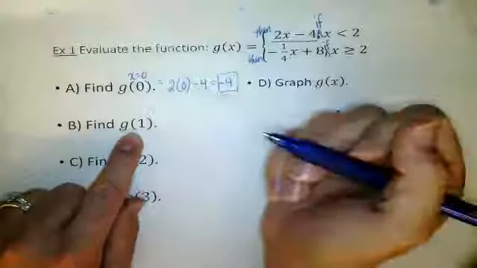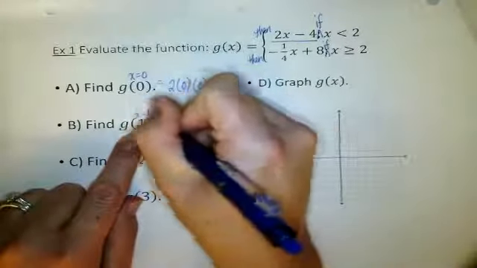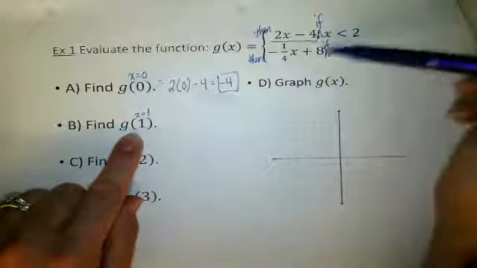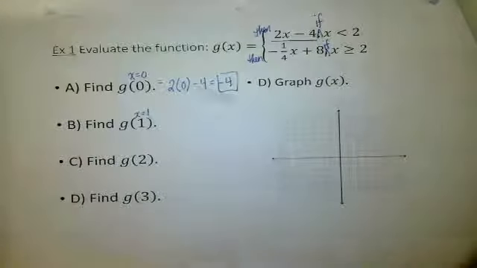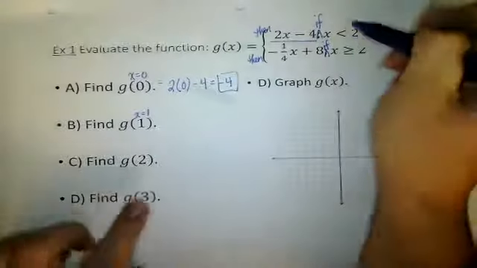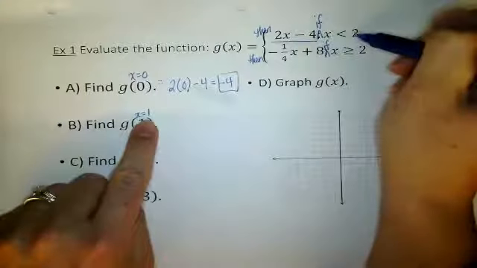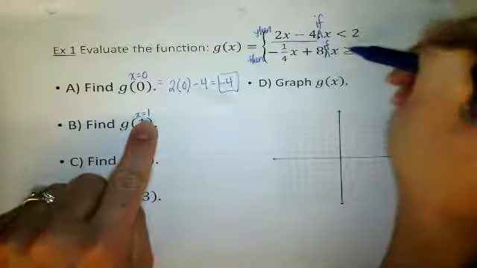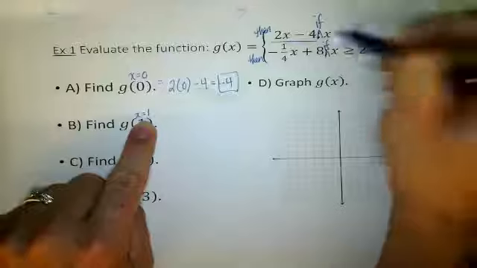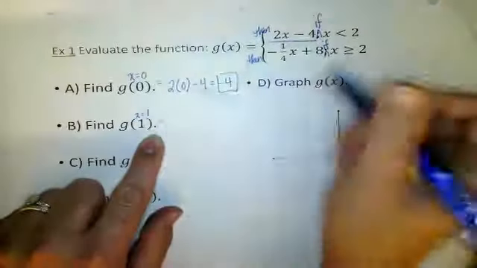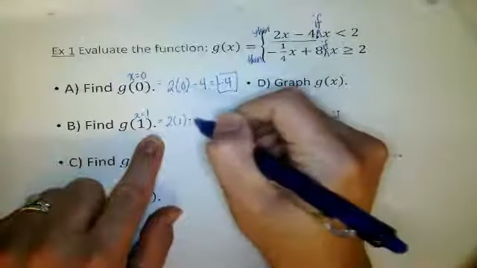Okay, now we want to find g of 1. What does g of 1 mean? X is equal to 1. Do we use the top or the bottom equation? Top. So we use the top equation again because 1 is less than 2. That is a true statement. Is 1 greater than 2? No, that's a false statement. I can't plug it in there. It only works in the top. So now we can use the equation 2, plug in a 1, minus 4. And we get